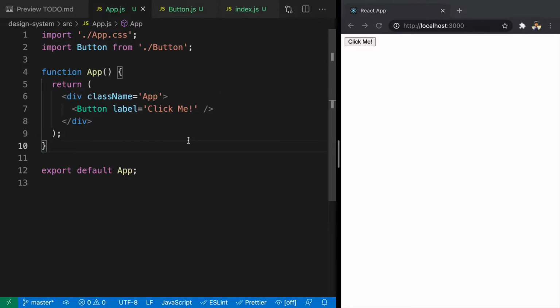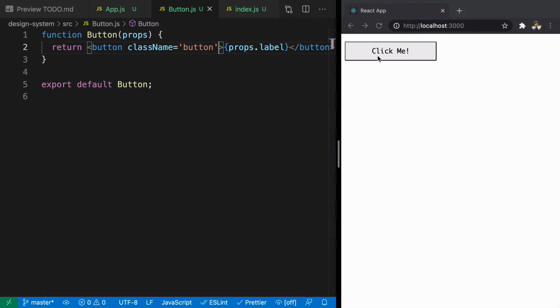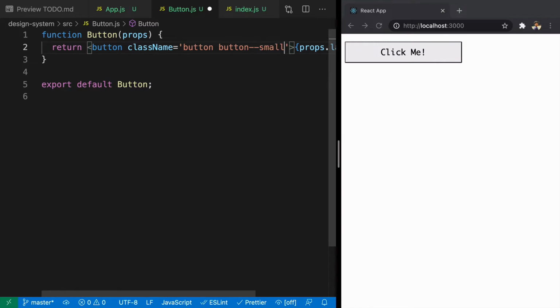What is the next thing we need to do? We need to add some styles, right? To add style, we can just add a class name because the style is already written. We can just add a class of button. As soon as you save that, you can see it got some style. Similarly, you can add some other styles to it. Things like button large. If you save it, you can see the button became larger. Similarly, when you say button small, it will become smaller.